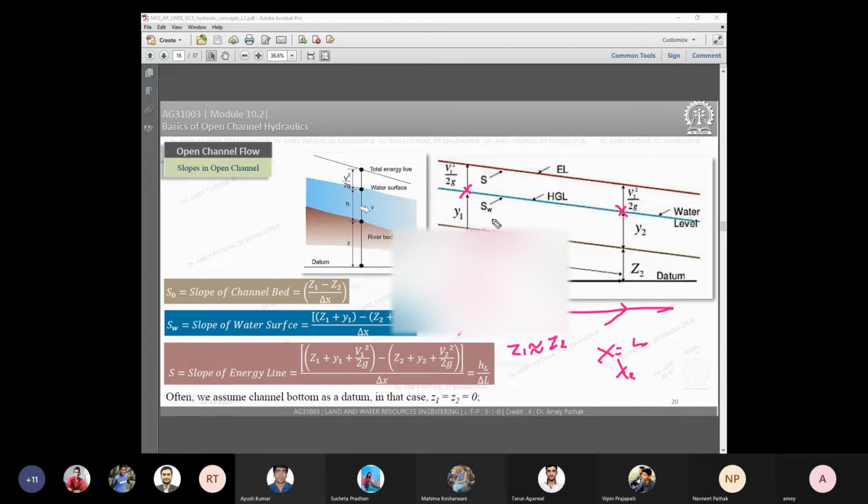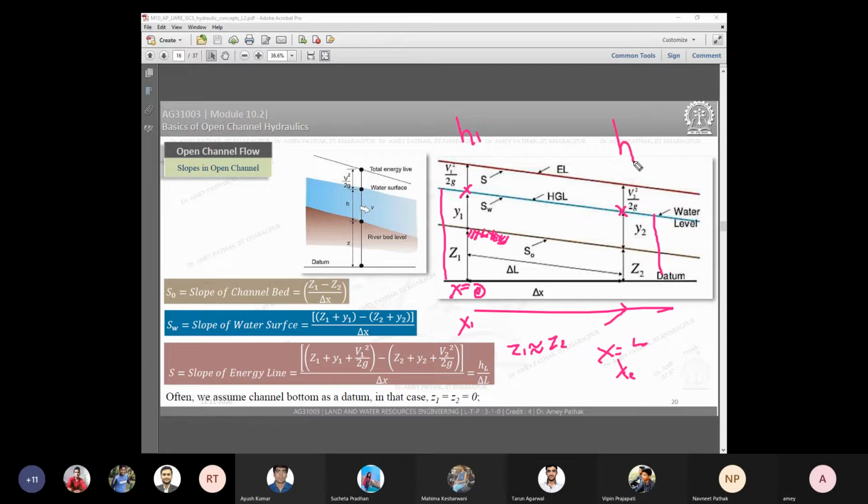So what is the driving force? You can see here the flow is mainly happening because of the head difference. So here let's say the head is H1. This is your H1 and this is your H2. Since H1 is greater than H2, there is a flow happening. Now in this H1, Z1 and Z2 are more or less similar because our land is kind of flat. So what essentially is the driving force here?